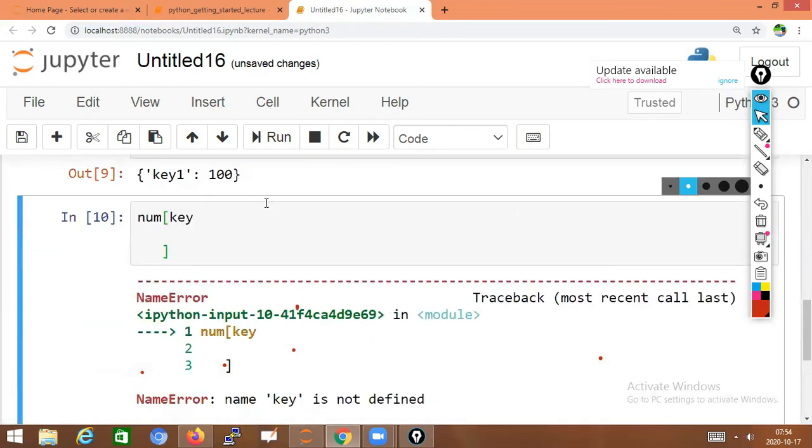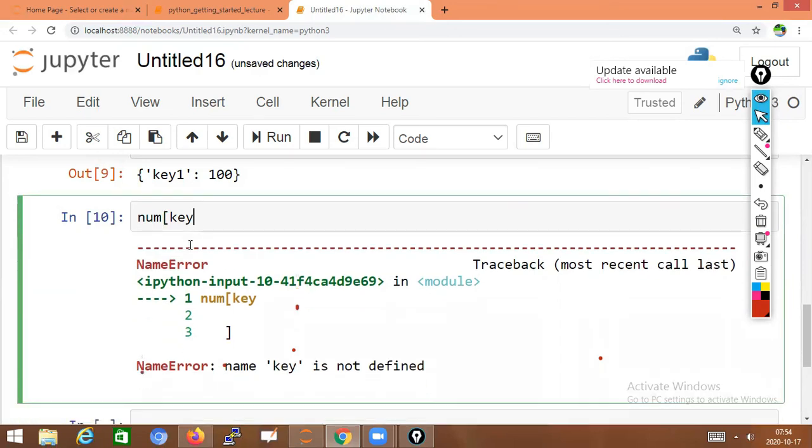Don't worry about this error, I got it by mistakenly pressing some key. So num key one is equal to num key one minus 50.